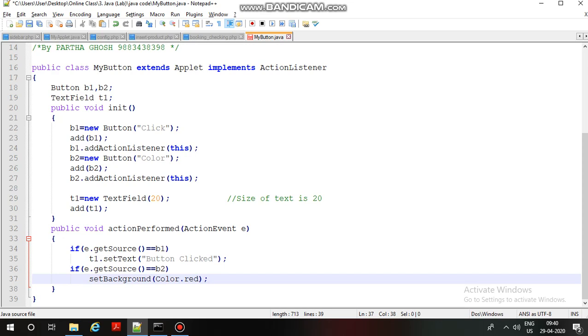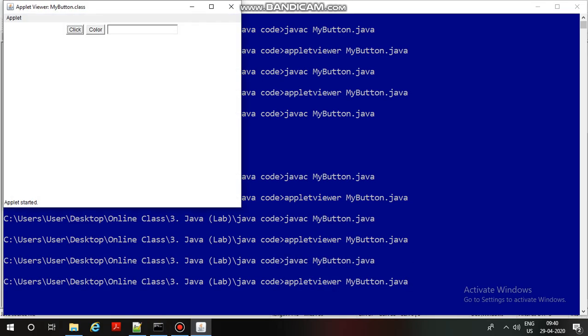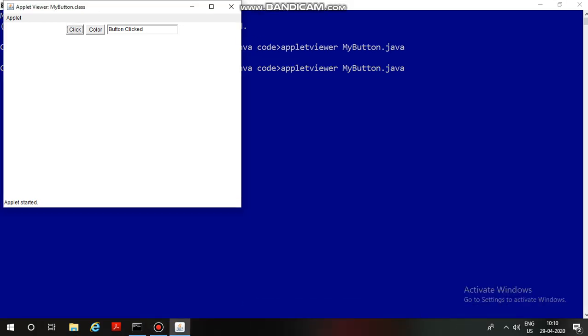Okay, so save this, try to run this, compile, then run. If you click your first button, Click, it is performing the task. You are setting some text into your text box. Now look here very carefully.